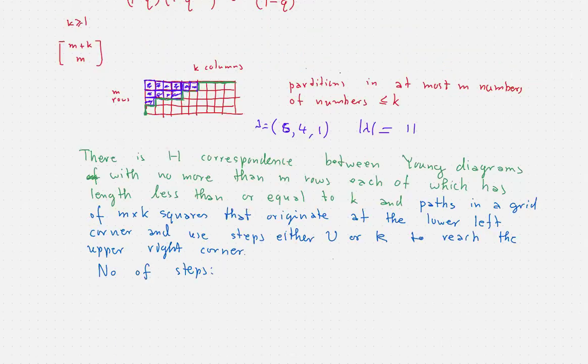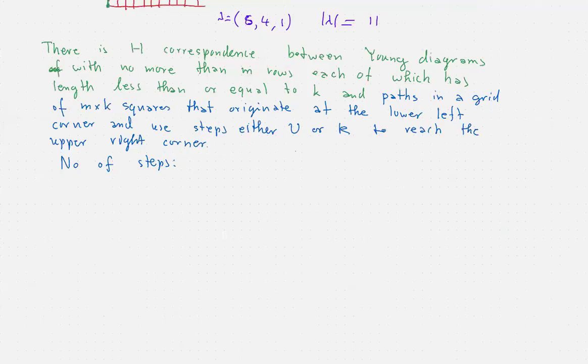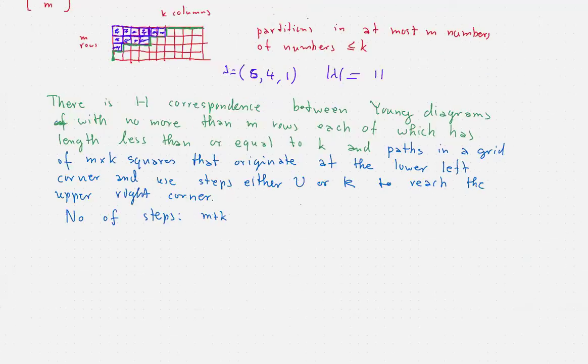So it's m plus k. And in order to make such a path, you just have to choose the places where you're going to insert the steps that go up, for example, and there are m of them. So if out of the m plus k steps, you designate which steps should go up,